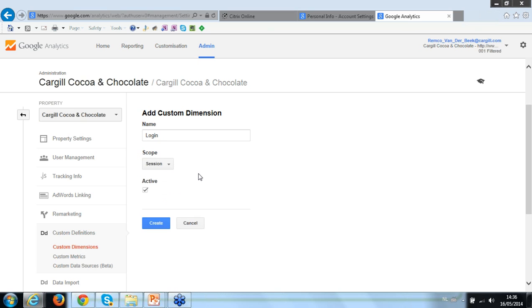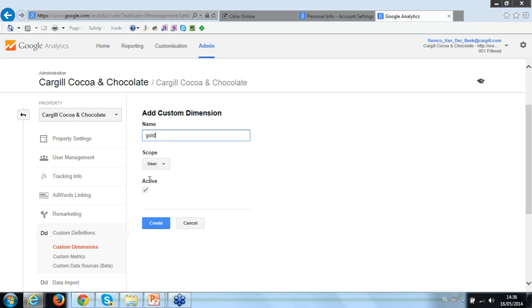Or if you have visitors that need to subscribe to your site, and there are different formulas to subscribe, gold, silver, platinum type of thing, then you could say this is a user custom dimension of the type gold, for example.